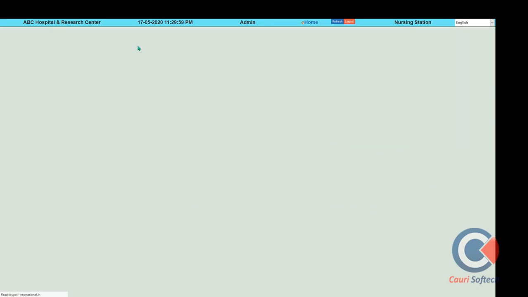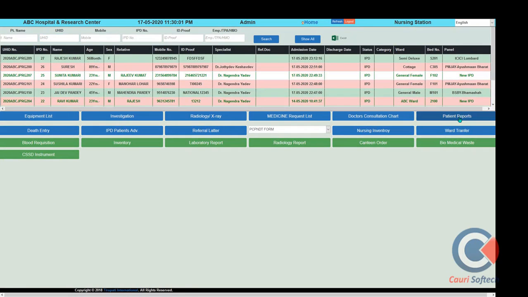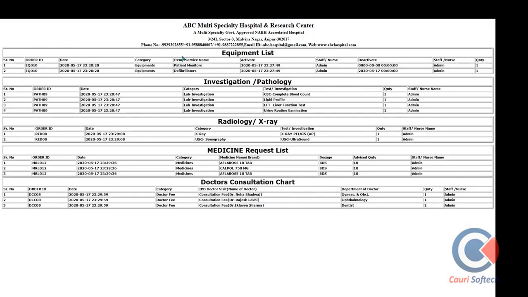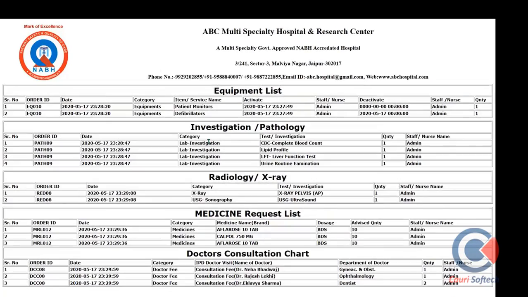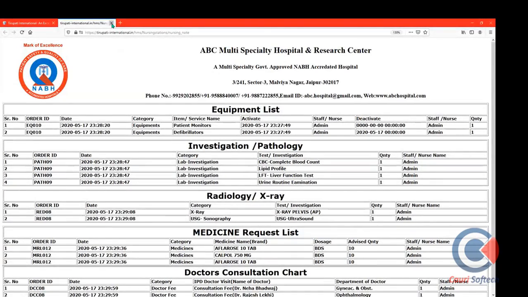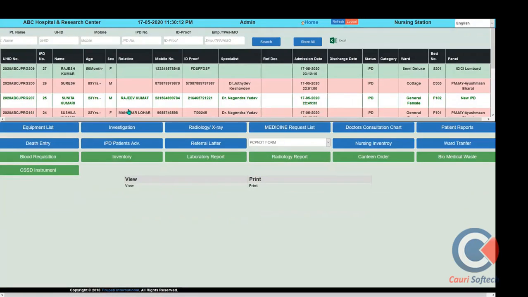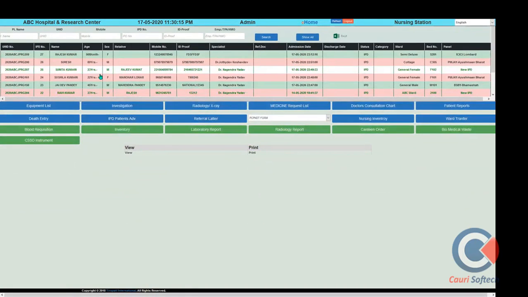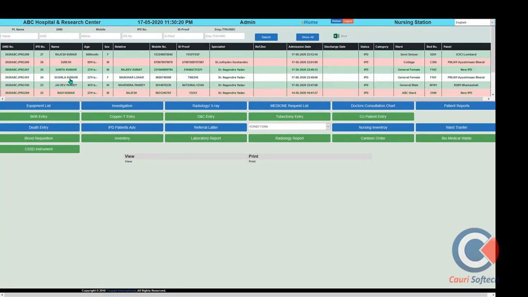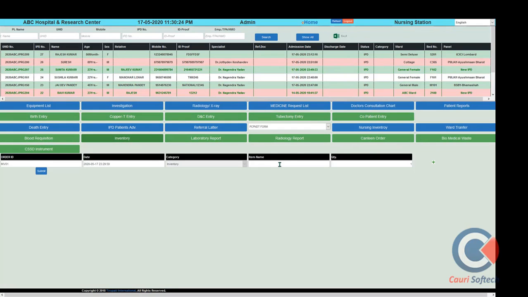Later on, we can generate a patient record showing what activity different nurses have performed, which is for billing purposes. In this way, day to day, these investigation records we can access through the system. After that, you can see if any blood transfusion entry has been advised to a patient at the nursing station. For a female patient, there is a birth entry option, a blood transfusion inventory section is there, and also inventory services we want to advise; the inventory claim services we can update to the patient also.